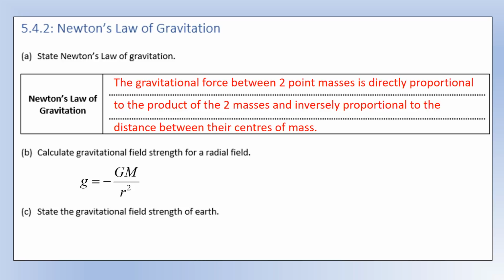So field strength is defined in terms of unit mass. So we make the little m equal to 1 essentially, and that gives us field strength that we usually use a little g as a symbol for. So on Earth,